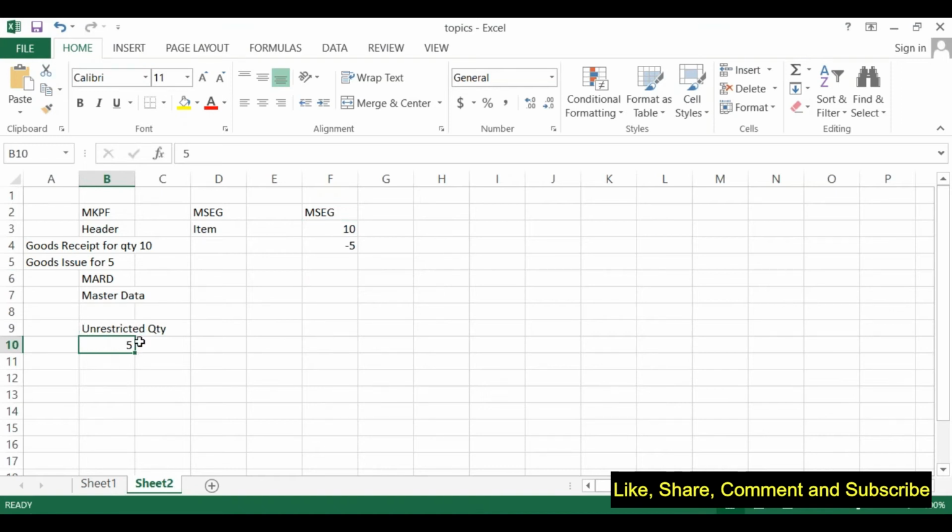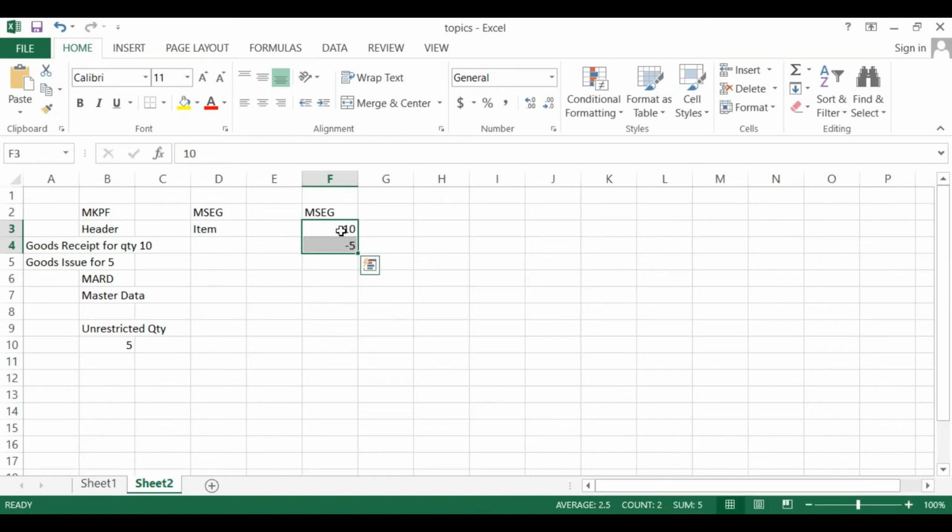Calculation is getting performed at the time of transaction. Why not at the time of report? You have the answer, right? Because reports are already slow in ECC. If I tried this logic, and in MSEG there are 10,000s of transactions in a day, and I want to calculate for a particular material which has been transacted for 5 or 10 years, you can understand how much time it will take to give me the result, right?